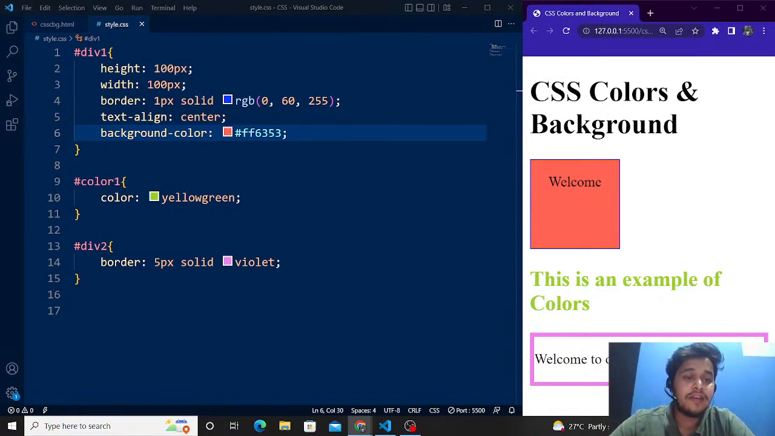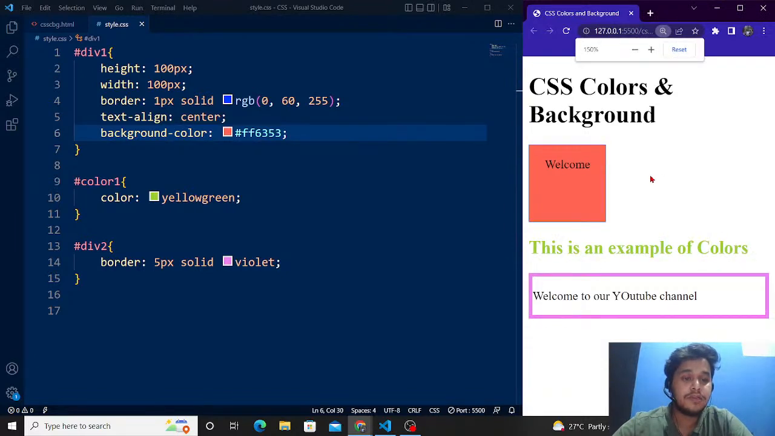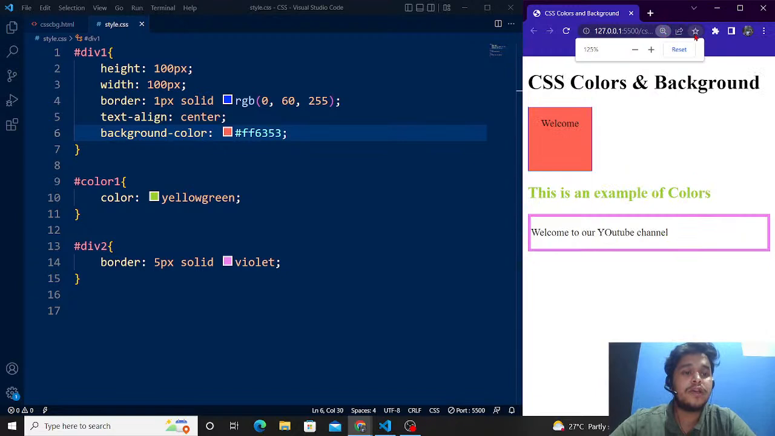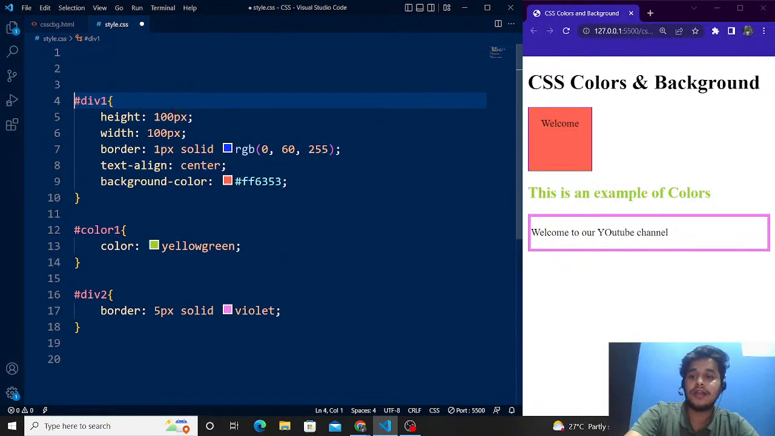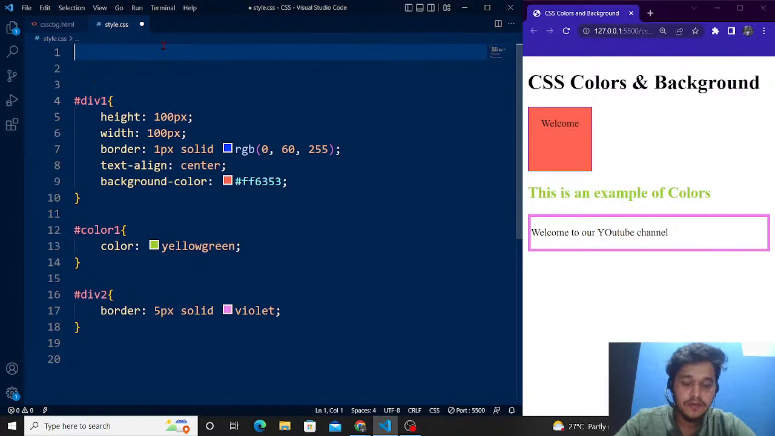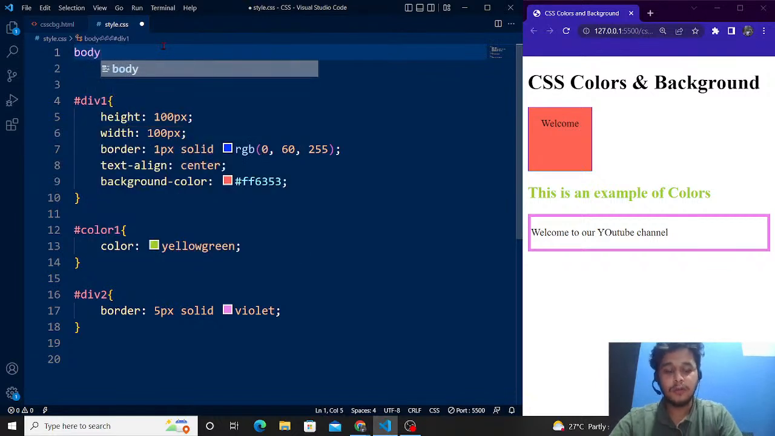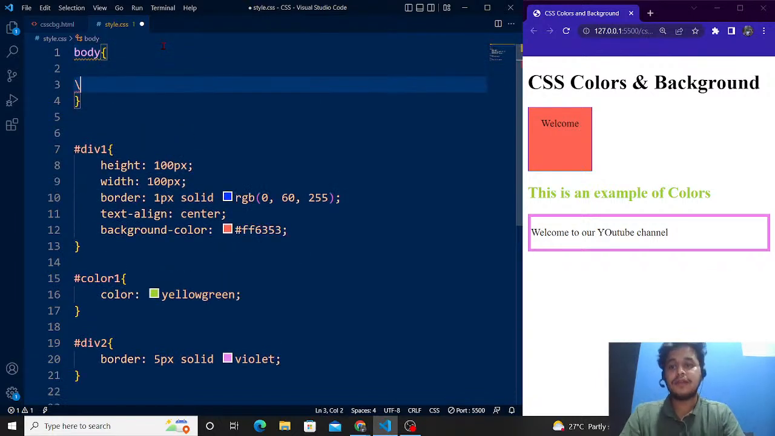If you can see here, we have this web page, right? This web page has a white background. Let me just reduce the size. What we can do is change the background color for this. For changing the background color, we have to write background-color. Basically we have to apply it to the whole body, so that's why we are going to use the body tag here, and we are going to write something like,